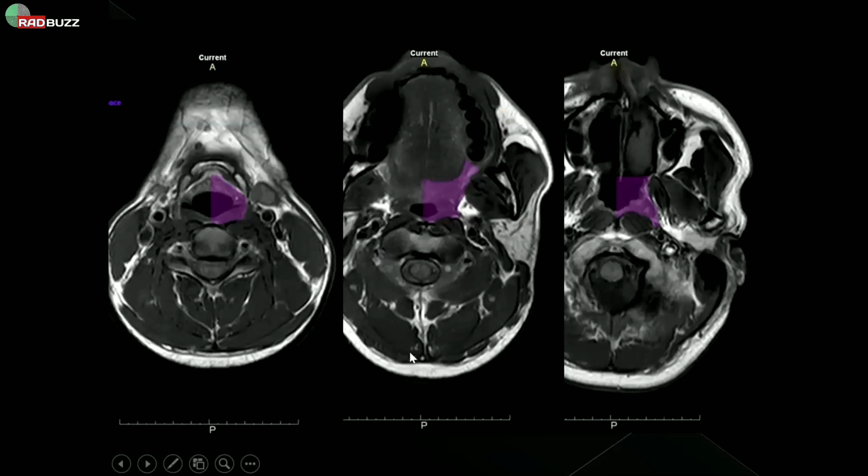Now, these are axial images. T1 pre-contrast images of MRI from down to above. How down to above? This is the hyoid bone. If you see this landmark, that's the hard palate, and this is the level of the nose. So from down till above,